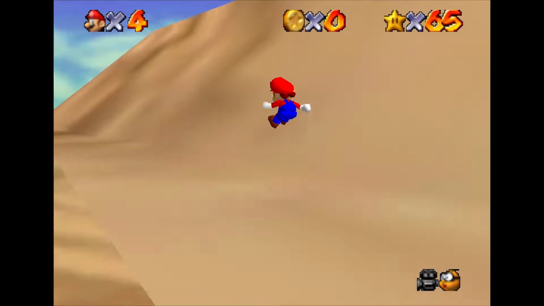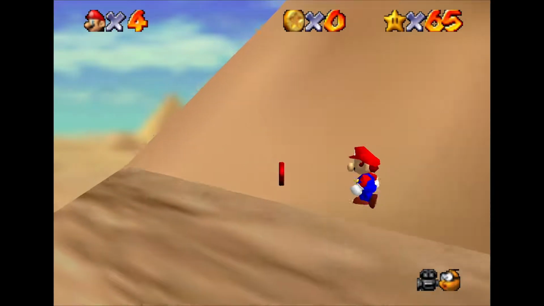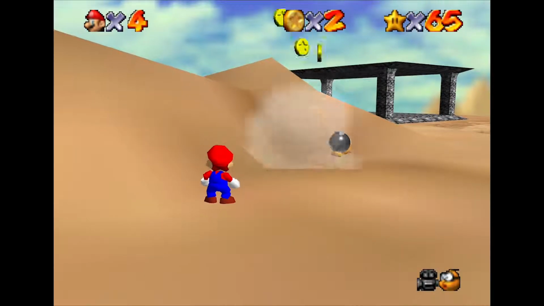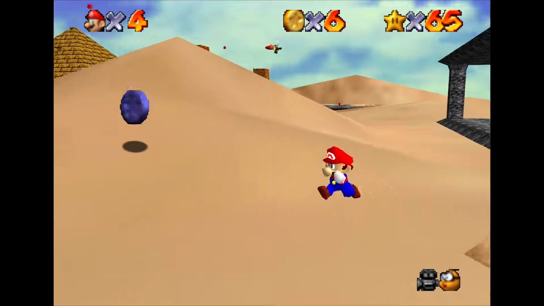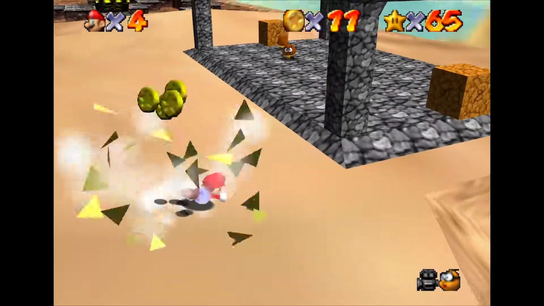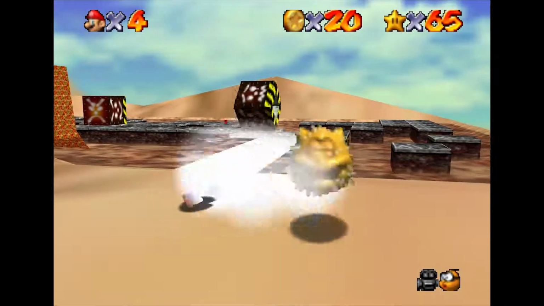by collecting 100 coins. We can start off by picking the red coin behind us and heading back round into the fray. Getting rid of the fly guys and the bob-ombs nets us a few coins. Then we can dispatch of this pokey for a blue coin. Breaking the crazed crate nets us 5. And by the time we've mopped up all the Goombas and destroyed another pokey, we're a quarter of the way